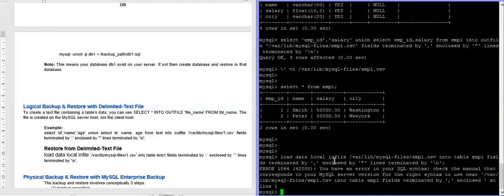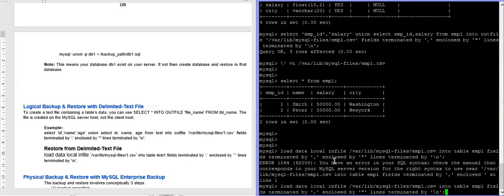Okay, so there's some error. You will have to write this path and the file name in single quotes. We missed it. Let's do that.